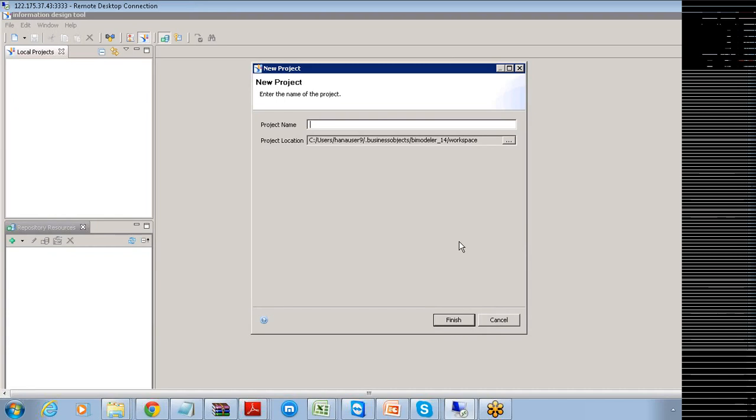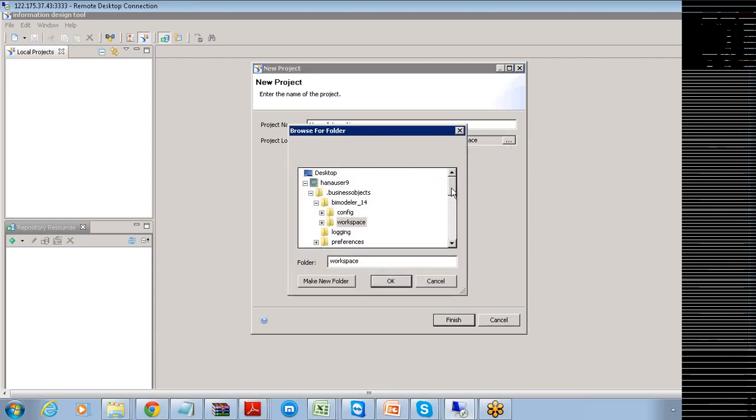Specify the name of the project as an integration project. The place where I want to store, where is my computer? SQL store. SQL.